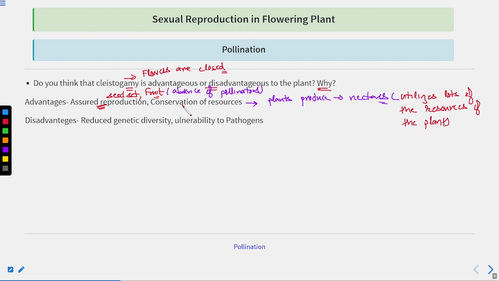So if the plant is undergoing autogamy or self-pollination, then there is no requirement of